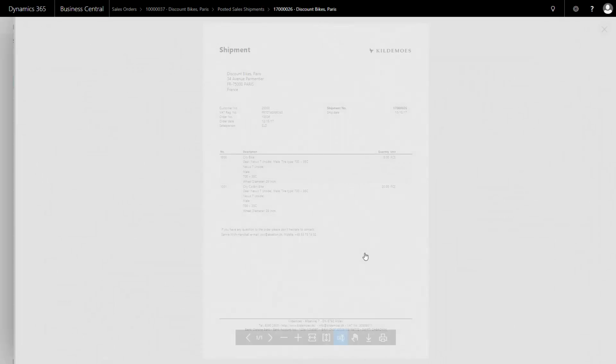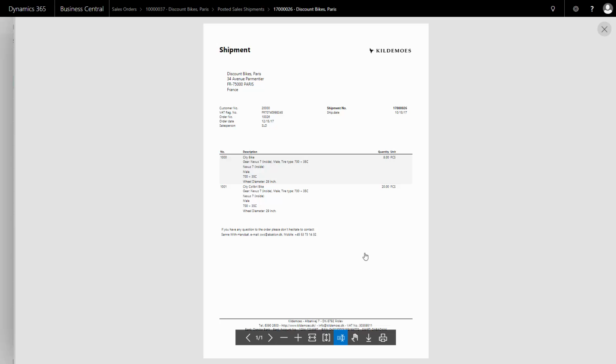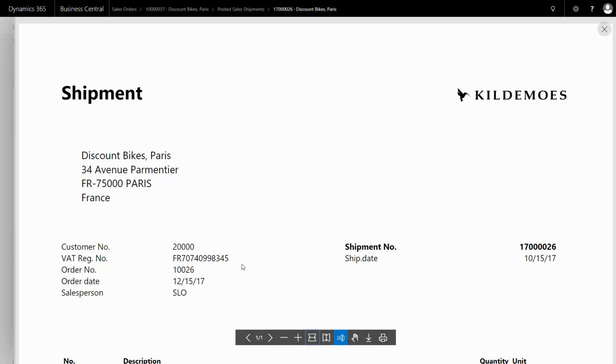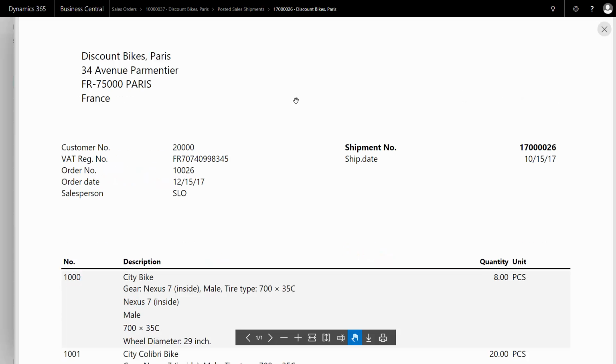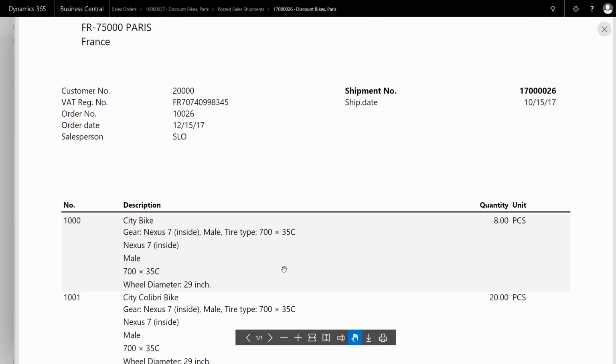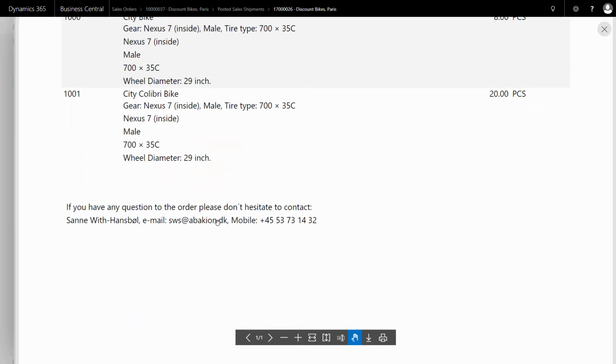And again, I can go into my master data information on the header and line to see how it works. Here as an example, I can see I have no text on the header here, and I have whatever text on the footer. So it's possible to define which information should flow through my order and invoice and shipment flow.